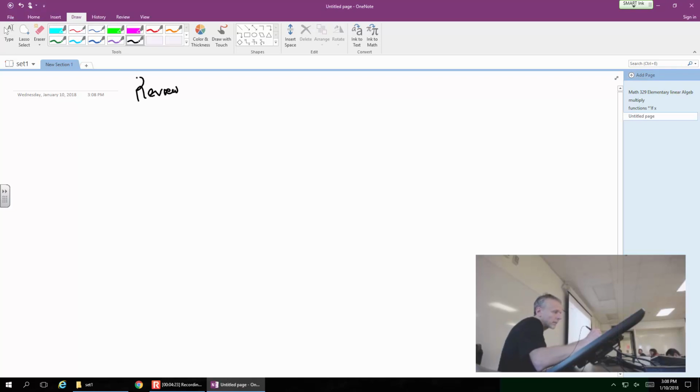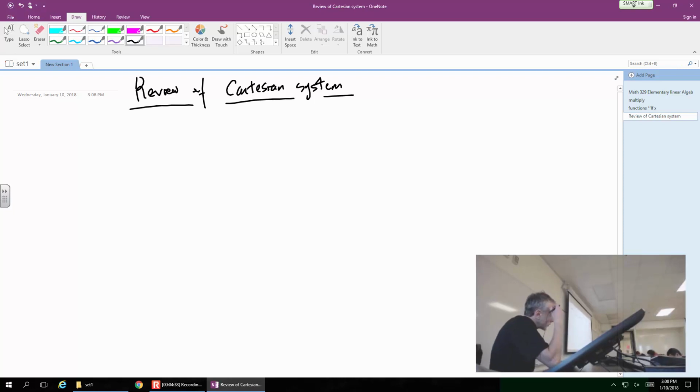a review of the Cartesian system of coordinates. And we're going to do it in a deliberate manner, so not jumping to what you do so much in calculus 1, and that's the xy plane. Before the xy plane, what comes before the xy plane? Well, that's right. The xy plane is two-dimensional, two axes. You'd better start with one axis,